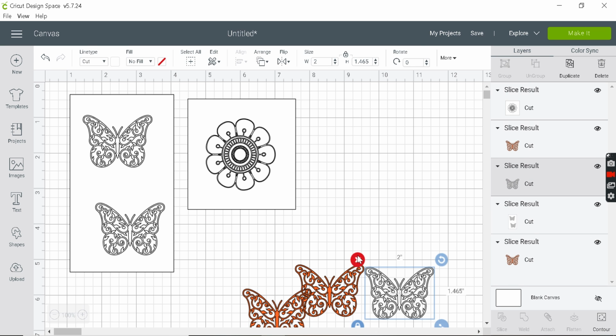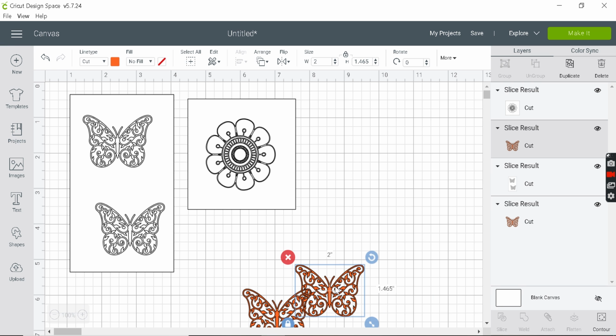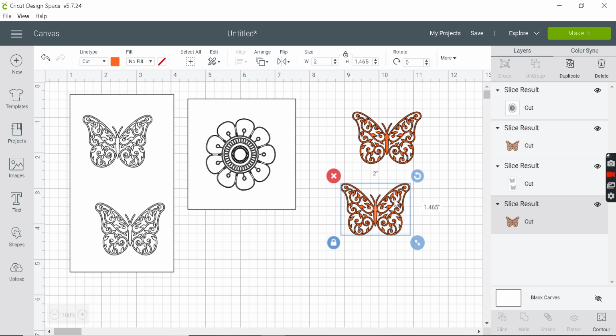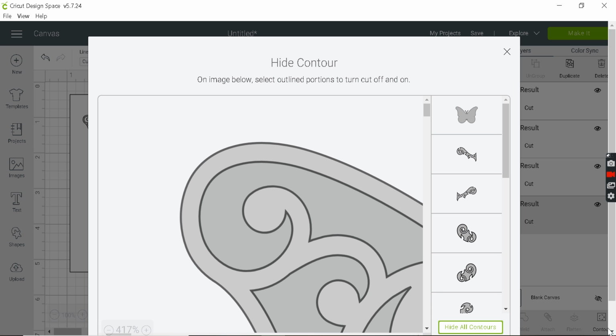So I'm going to show you how you can do a double layered butterfly. There's something called contour. Contour is where you can take out the inside designs, so you can hide them. Here you go. You can hide all these patterns.